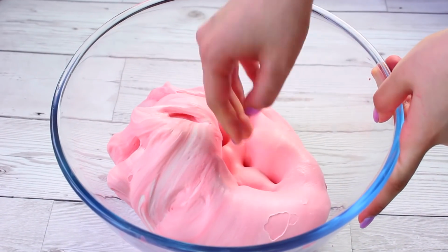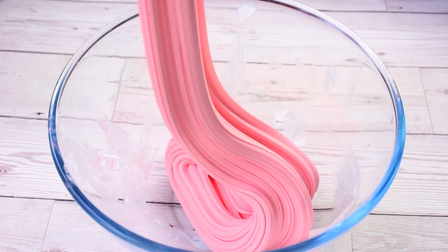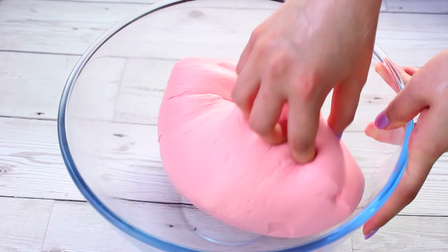My mixture went a tiny bit hard, so to soften it up, I just went ahead and added some moisturiser, and then it became really flowy and thick, just like I intended it to be, and then I could add my next clay. And it's really important to add the second clay because I know that she definitely uses this